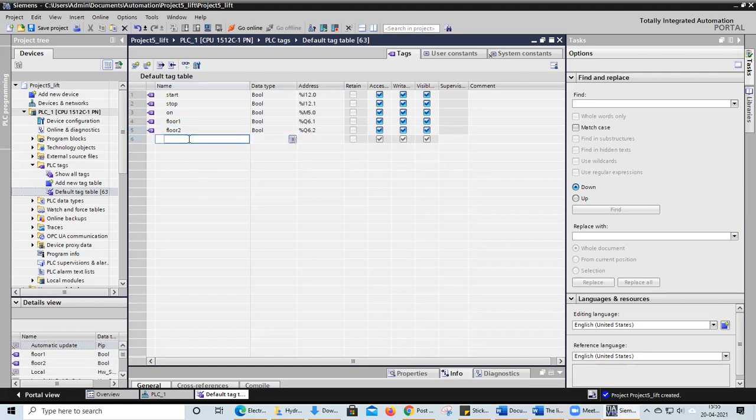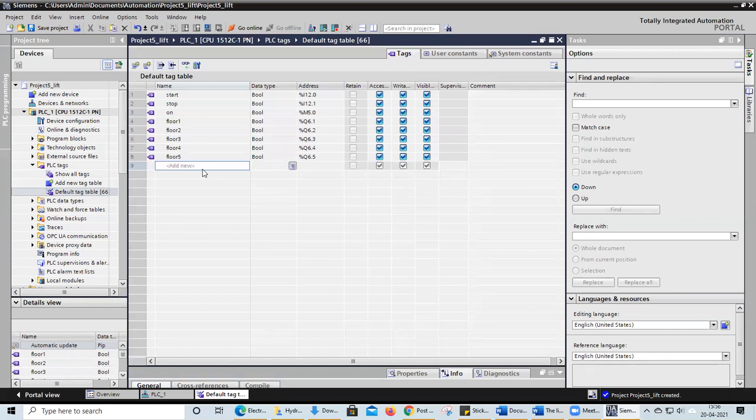Floor 3. Floor 4. Now floor 5. So this is a 5 floors lift. Now our task is it should not stop in the floor 2 and 3.